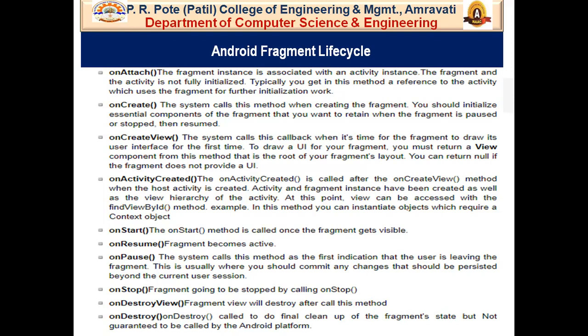After that, the second one is the onCreate method. Call this method when creating the fragment.